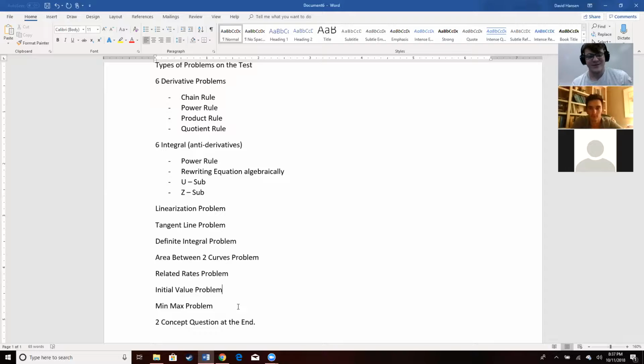Yeah, they're very similar. It's almost the exact same problem. The linearization just has a couple extra things tacked onto it. So we can cover that too. I guess we'll start with the initial value problem. So let's say